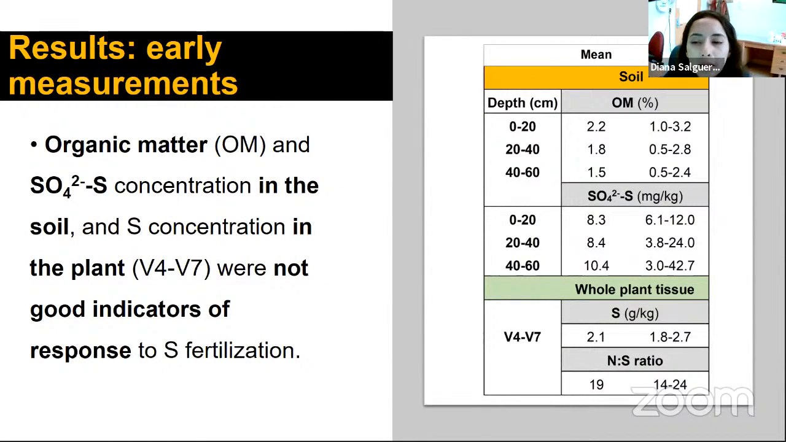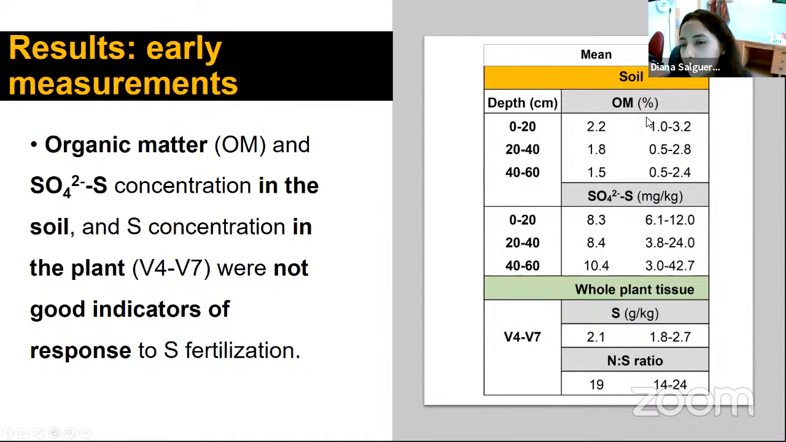Well, in the early measurements where we took soil samples and whole plant tissue samples, I have the results summarized on this table to the right, with the mean for every parameter, every criteria, and the range for each of them. So based on the literature, it has been reported that